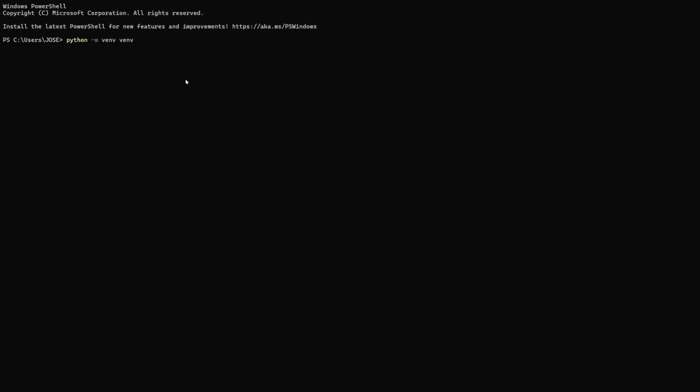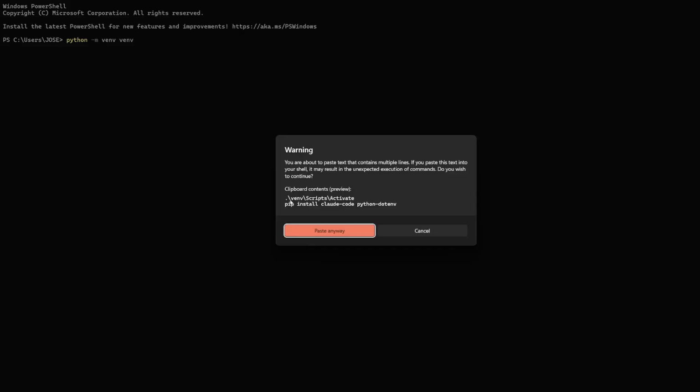After installing the necessary packages, you need to set your API key. Create a new file named .env in the root of your project folder. Open this file in your code editor and add the line CLAUDE_API_KEY=your_API_key_here, replacing your_API_key_here with your actual key. The dotenv package will help load this environment variable in both Python and Node.js, ensuring that your key is kept